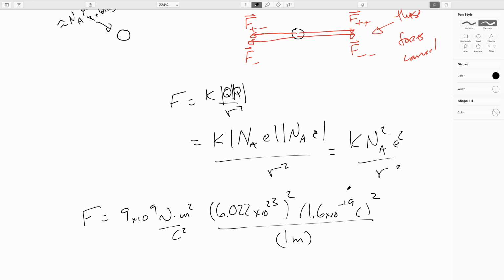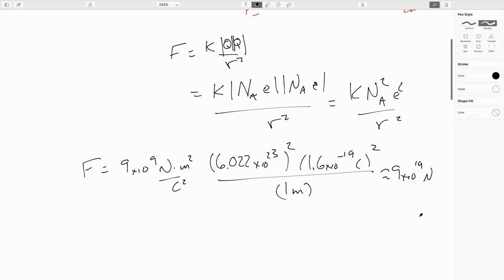All right, so 10 to the negative 19 squared gives us 10 to the negative 38. Times 10 to the 9, 10 to the negative 38 becomes 10 to the negative 29. But 10 to the 23rd squared is 10 to the 46. So 10 to the 46 times 10 to the negative 29 is about 10 to the 17, and then we pick up about another 10 here. This works out very roughly to be about 9 times 10 to the 19 newtons,